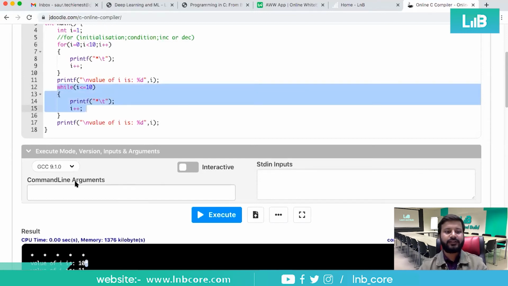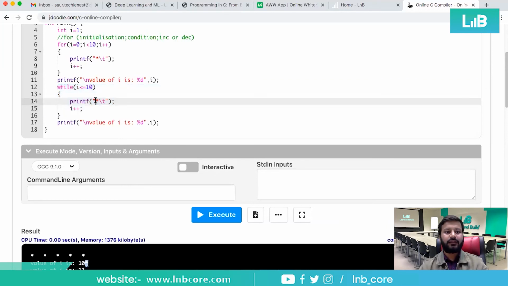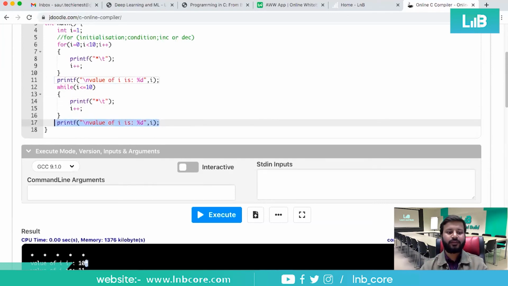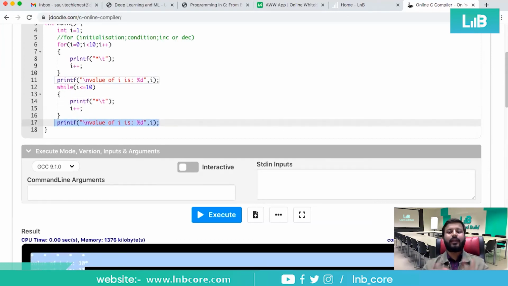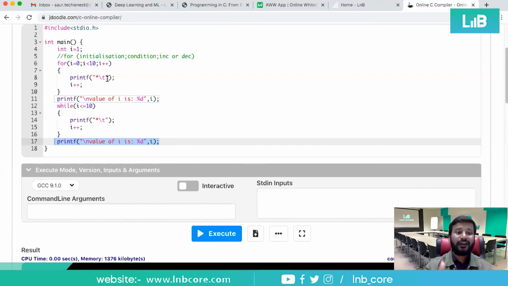Then you have printed this particular star only once, the value of i will become 11, and as soon as it becomes 11, it will come out of the while loop. And we have printed the value as 11 here. So this is not an advantage or disadvantage; I would say this is the condition. You should keep in mind what will happen to the variable that we are using inside a loop after executing the loop, okay?